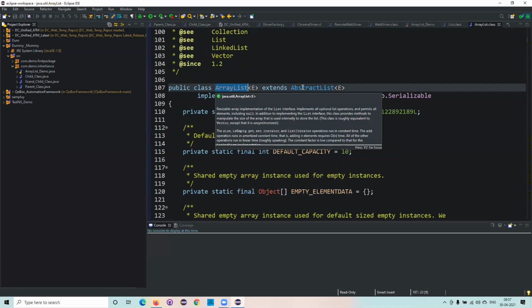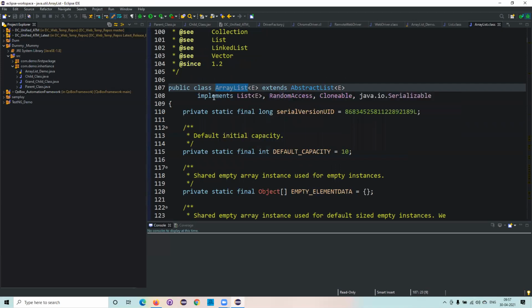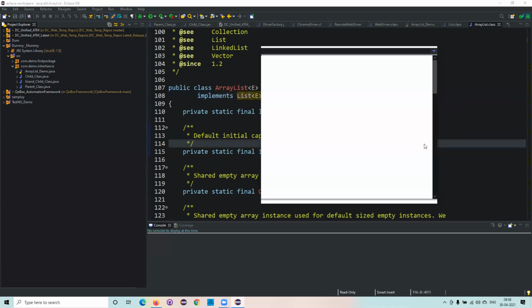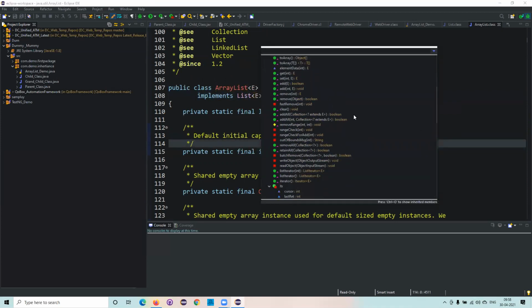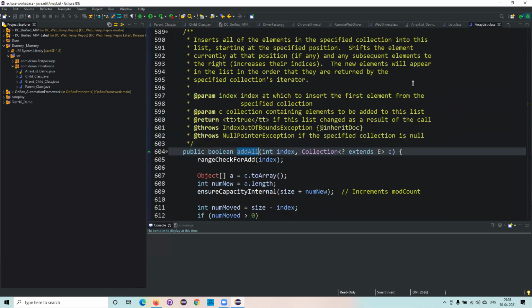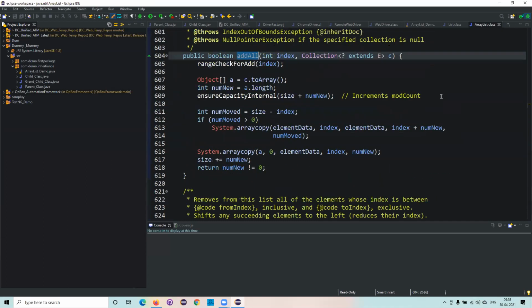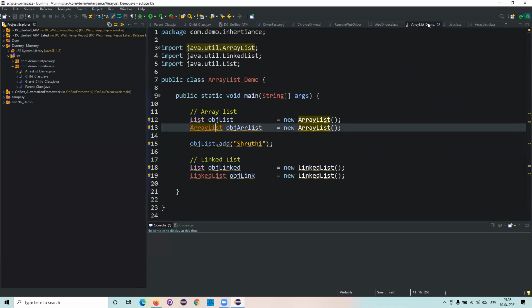So if you see here, ArrayList is extending the AbstractList, and this is what is implementing the List. So now ArrayList is a class, and it implements the List. It has all these methods which are here. A few methods are directly from the List, and whichever methods we are getting from the List, those are implemented here. At the same point of time, ArrayList has its own methods. That is the pointer which I'm saying.